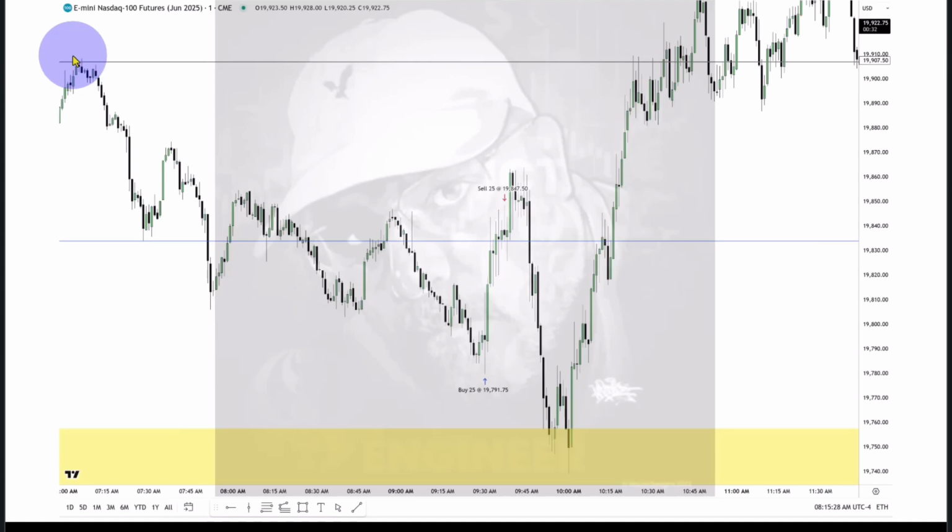Where is the pools of liquidity? If you target those, you don't need anything else in ICT's repertoire. You don't need anything else. You don't need new week opening gaps. You don't need new day opening gaps. You don't need any of this stuff except for just knowing where price is at right now and where it's